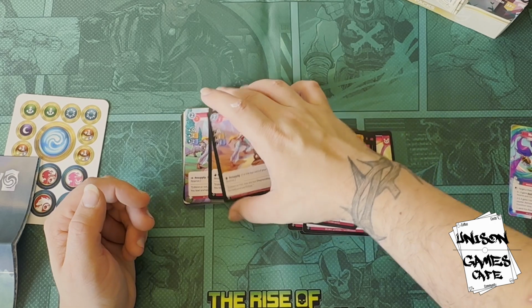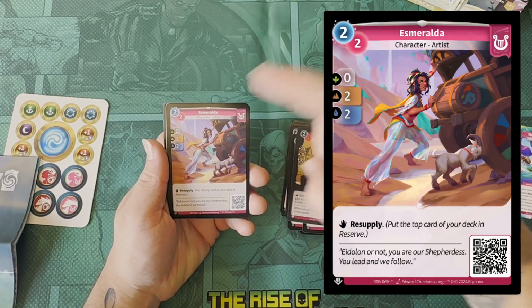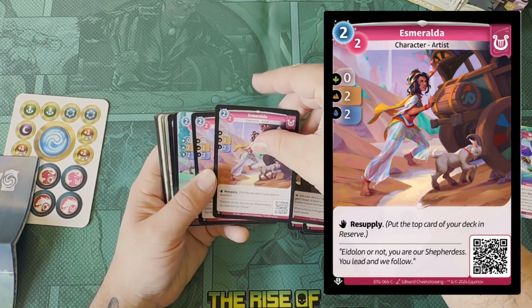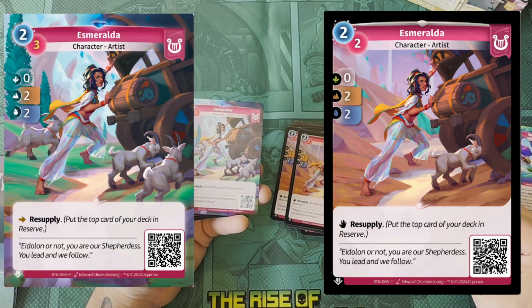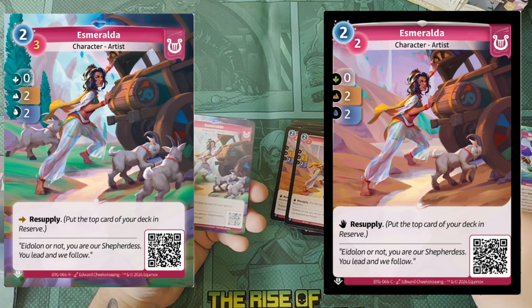So in this instance of Esmeralda, you only resupply if you play this from hand, but the rare version says you could resupply even if you play it from reserve. Of course, it costs a little more from reserve, but